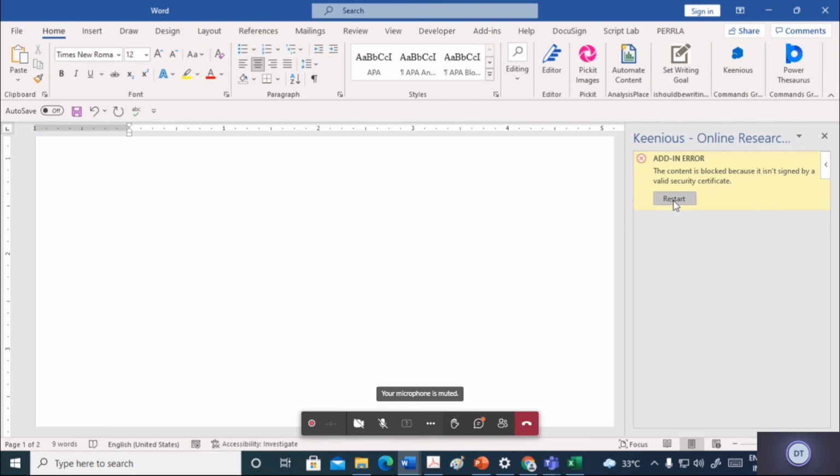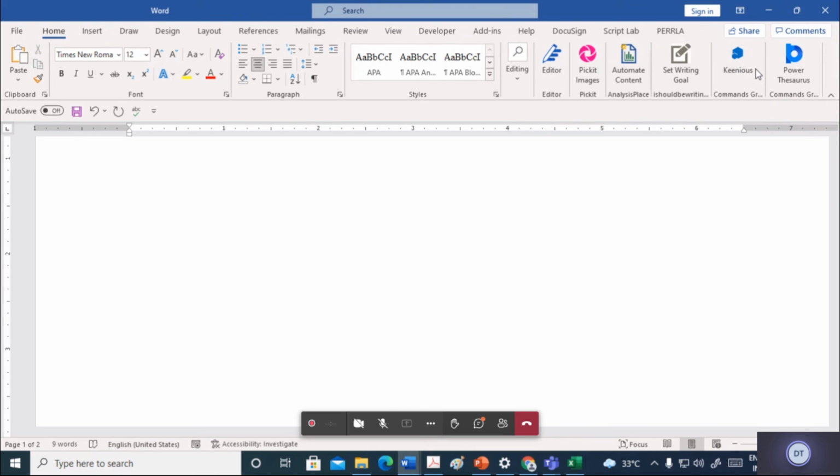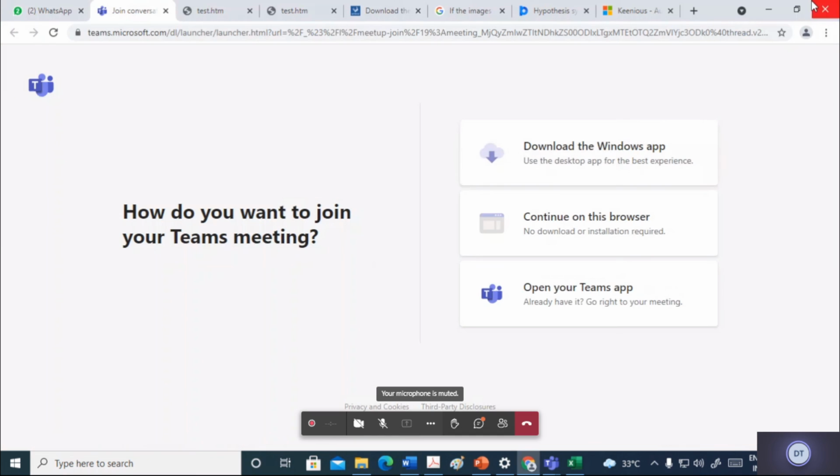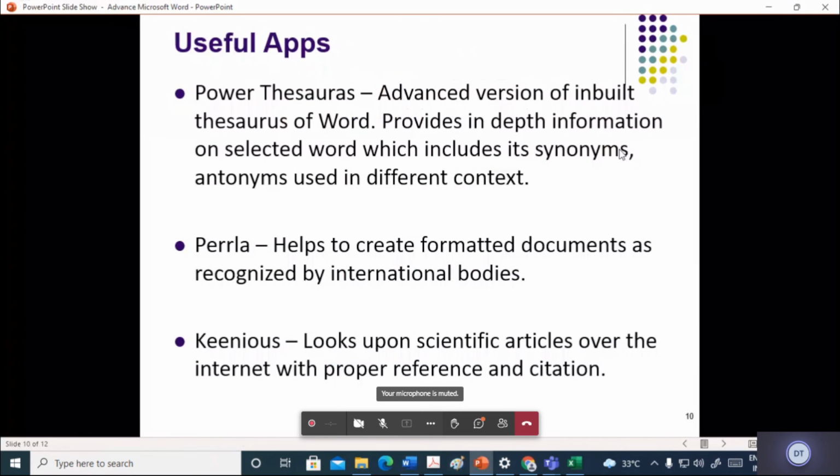So it requires sign in. If I sign in once again, it will create a problem regarding the work issue, but in your office, it will not create the problem. So add this. This is a very important one. Any kind of text that you write. Let me see something that is pre-written, if that works.